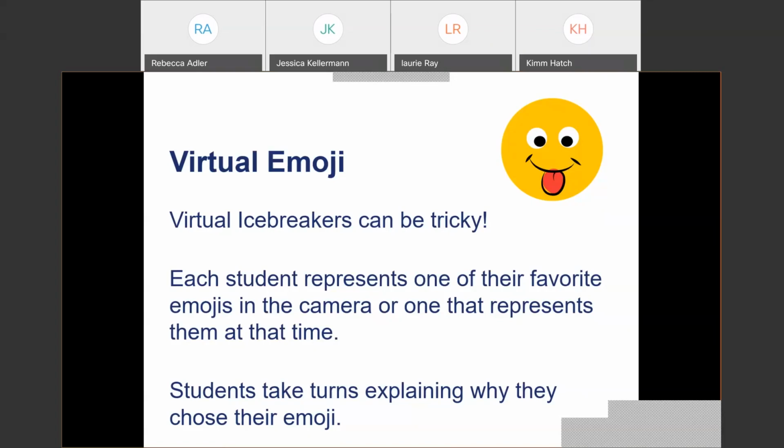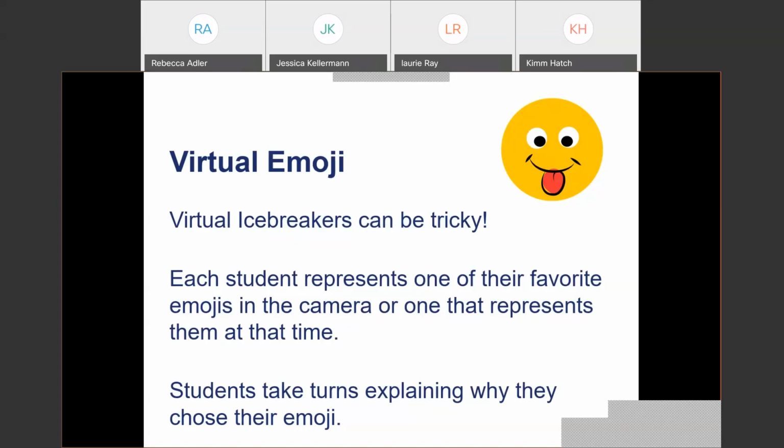And I've done this a couple different ways. I have fifth graders. That's almost all my experience. I had 1 year of fourth grade. So sometimes they think they're too cool for school. So when you throw in things with technology like emojis, because we know everybody has phones these days, even sometimes first and second graders, using emojis makes it relatable to them and makes them more willing to be a little silly. So one of the ways I do that is each student would represent their favorite emoji in the